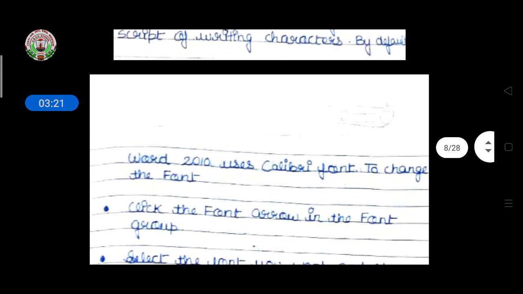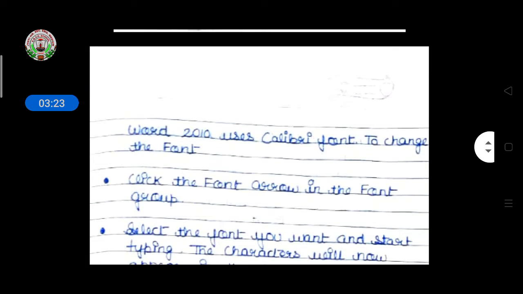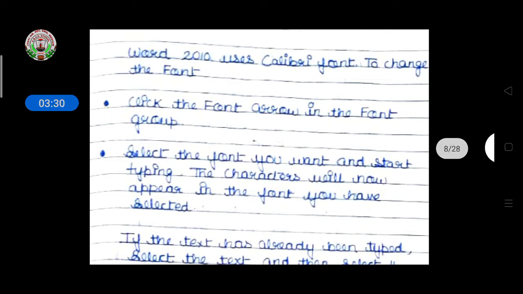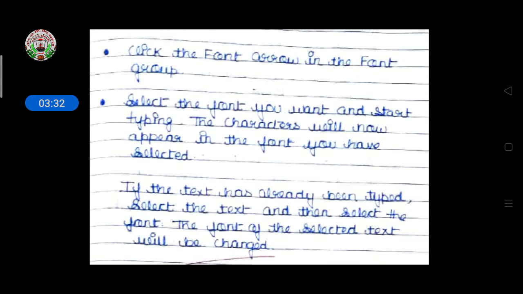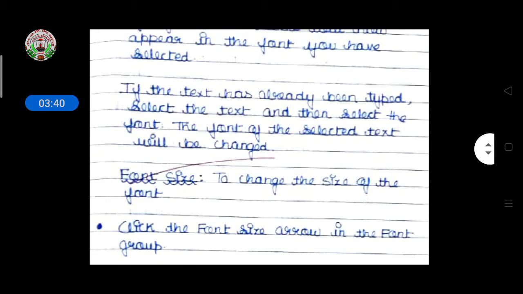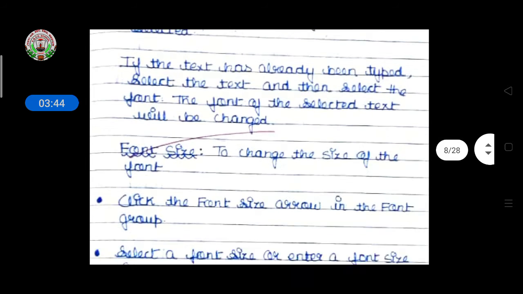By default, Word uses the Calibri font. To change the font, click the font arrow in the Font group, then select the font you want and start typing. The characters will now appear in the font you have selected. If the text has already been typed, select the text and then select the font. The font of the selected text will be changed.